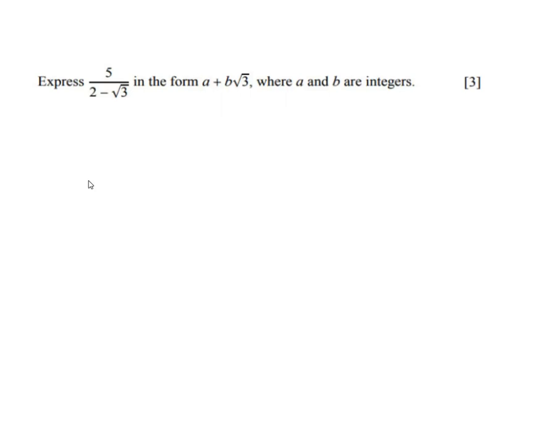In this video, we are going to learn different types of examples from the Surds topic. Now let us look at the first question. Express 5 over 2 minus radical 3 in the form a plus b radical 3, where a and b are integers. So they want us to write 5 over 2 minus radical 3 or square root of 3 in this